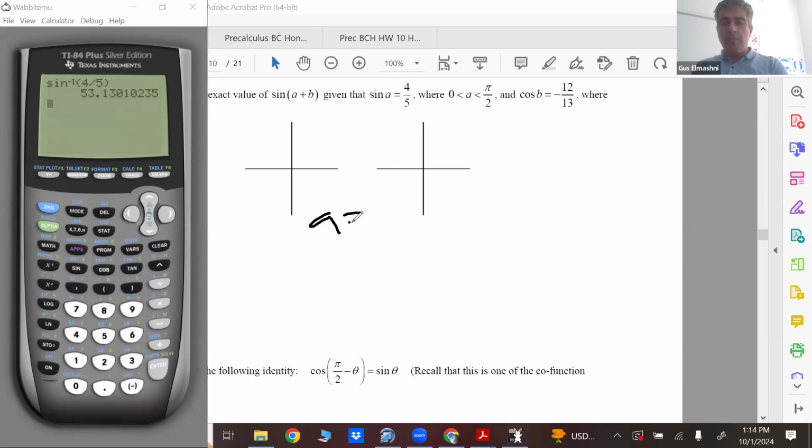So angle A is 53.13 degrees, right? Now, angle B, it's going to give me the second quadrant because it is part of the default range. If it's not, I have to make an adjustment. I'll tell you later how to make that adjustment. Okay. So if I add those up,